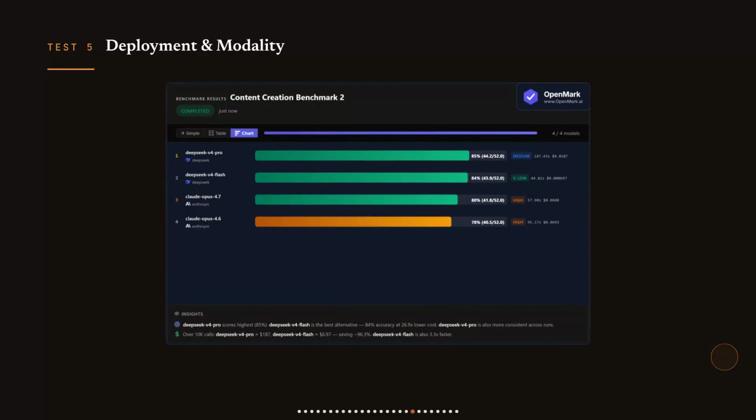Test 5. Deployment and modality. The concrete failure mode: you decide to self-host to cut API costs, and you find out Kimi K3's checkpoint is 1.56 terabytes and needs a supernode with 64 or more accelerators and roughly 1,180 gigabytes of VRAM. That's not a server rack you spin up on a Friday,